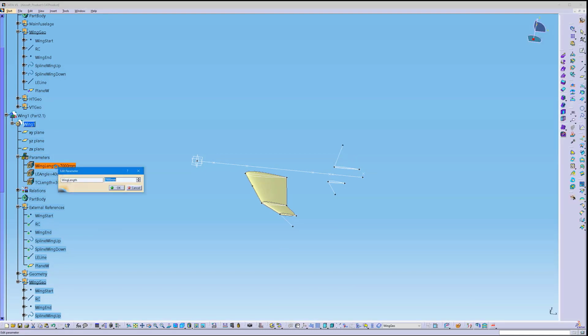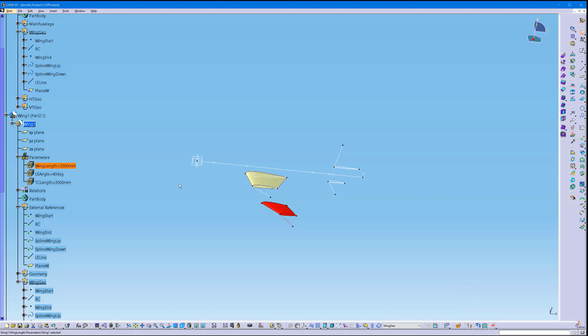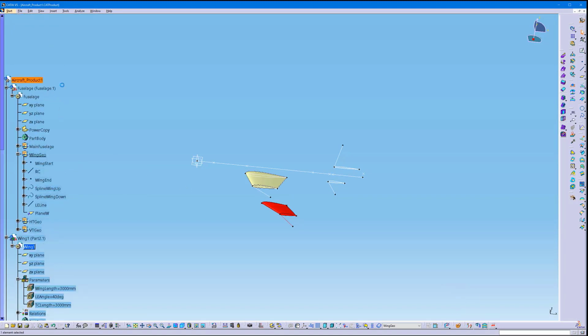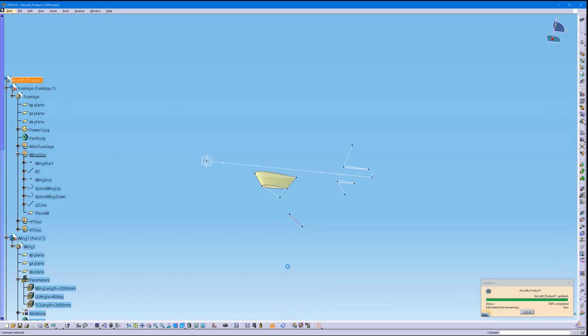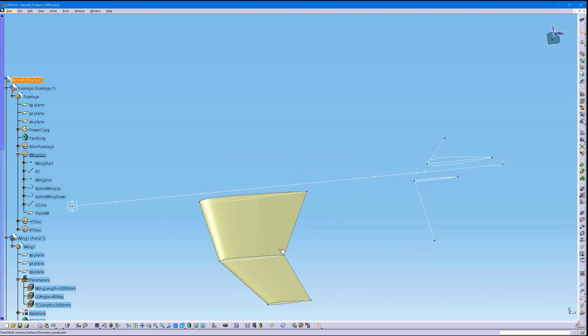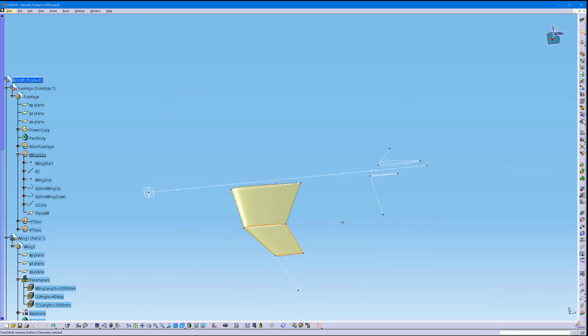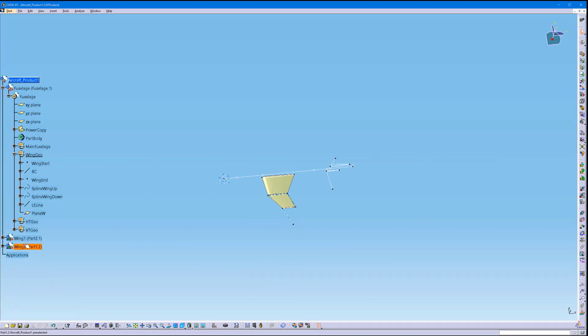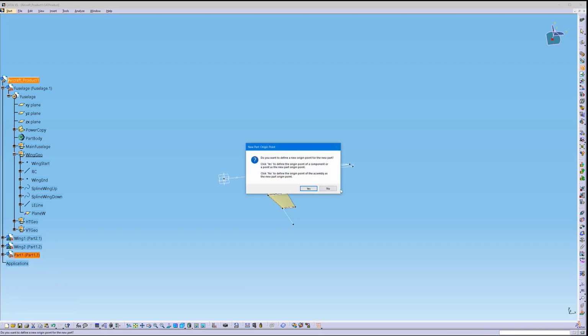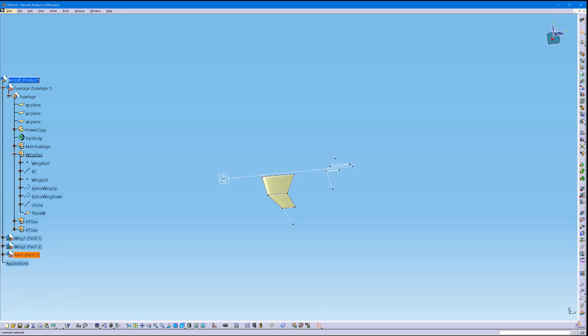Or if I change the wing length and then update, then it would update this part as well. It's not stranger than that, and then I can just continue doing the same instantiation